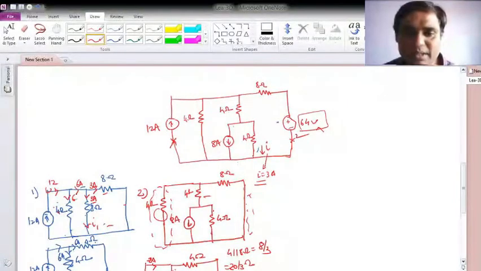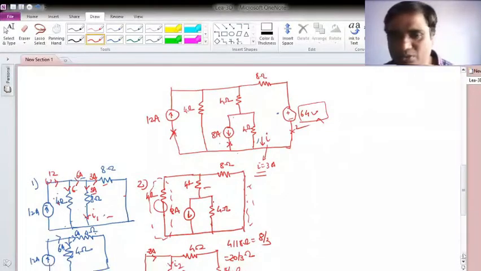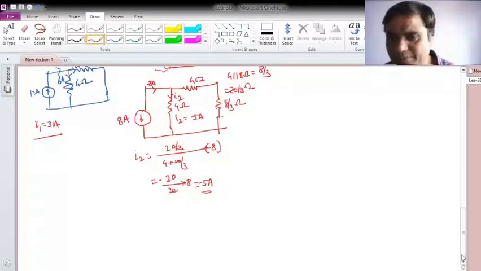So now I will deactivate this 12 ampere, this 8 ampere, and I will use this 64 volt as an energy source. So now in the equivalent, this is open circuit. So now what it will be, there will be 4 ohm, this will be 4 ohm, this is also open circuit, so again it is 4 ohm here, this 8 ohm here, and then the battery is of 64 volt. Okay, so this is 4 ohm, 4 ohm, 4 ohm, and this is 8 ohm. So this will be 8 ohm again.